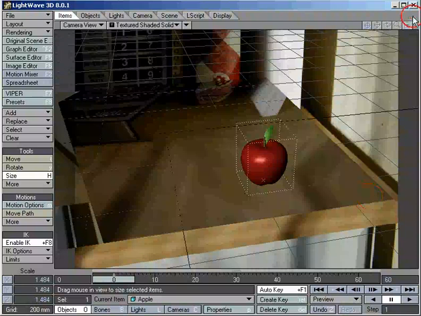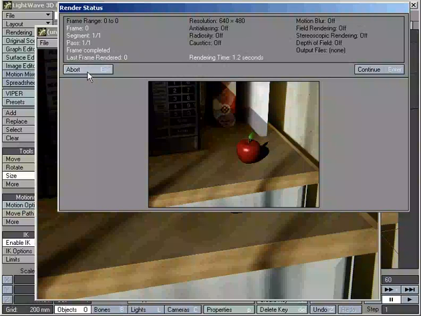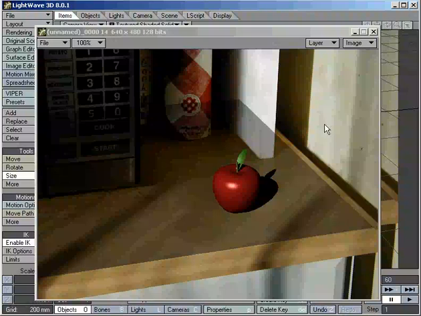Something to warn you about front projection mapping. OpenGL is not always kind to front projection mapping. It sometimes works, it sometimes doesn't work. It has to do with your computer, your graphics card, and the current version of Lightwave. So what we have right here,